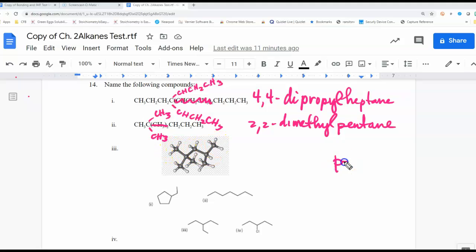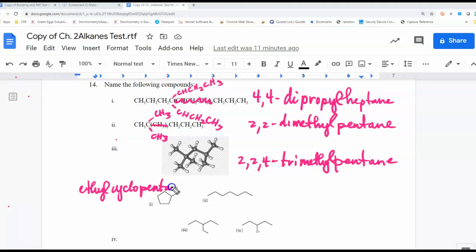So that's a pentane. And it looks like I have 2,2,4-trimethylpentane on that one. This one is going to be ethylcyclopentane,